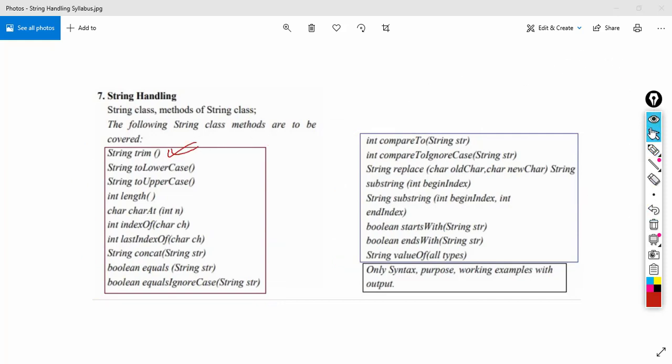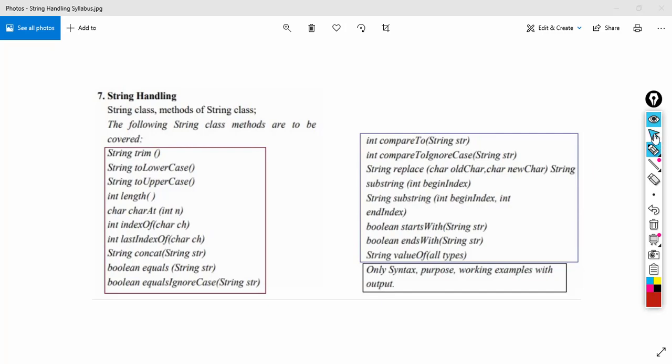If you look at the prototype, we don't have to provide any parameters to it, and it returns a string.